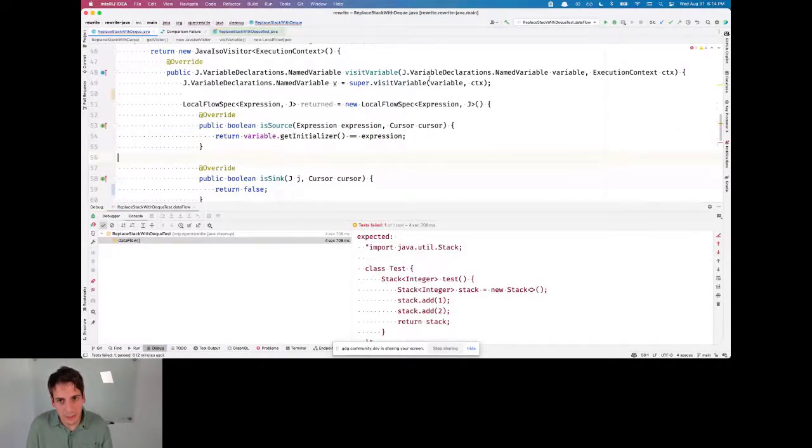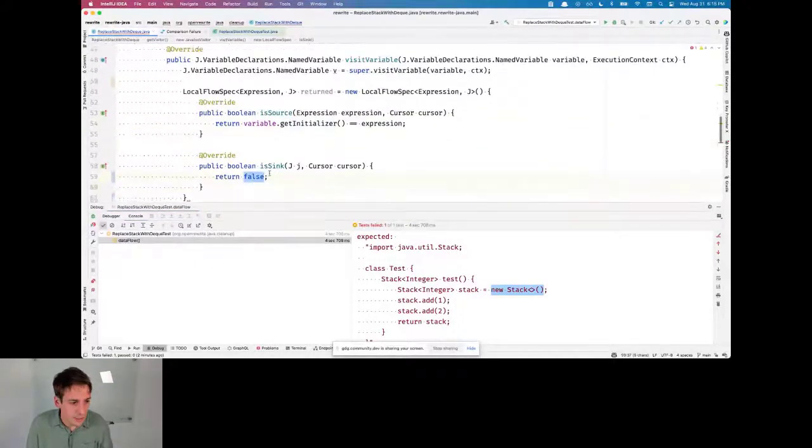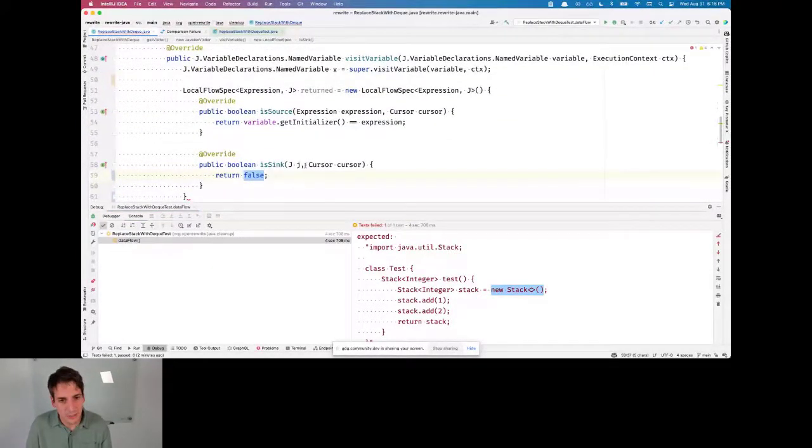Like, if the initializer of this name variable, stack equals new stack, is the source, and then I want to see whether this source gets returned ultimately.